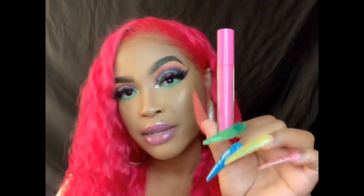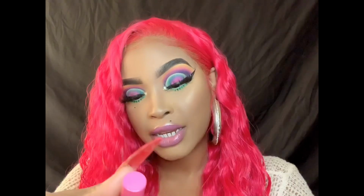And for my lips, I have on the LA Colors High Shine Shea Butter Lip Gloss, and it's like a bubble gum. It's called Hyper, and you can just pick this up from your local Family Dollar. Okay,